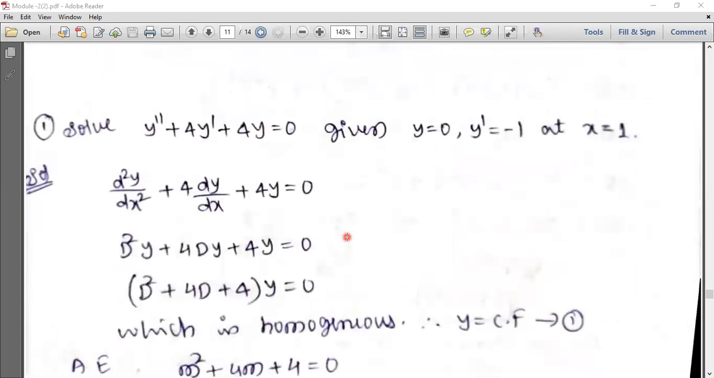Next, I'll go for solving y double dash plus 4y dash plus 4y is equal to 0, given y equal to 0, sorry, y dash equal to minus 1 at x equal to 1. See, here the x term is involved, so here you can take it as this is